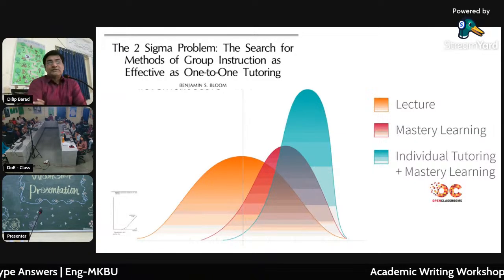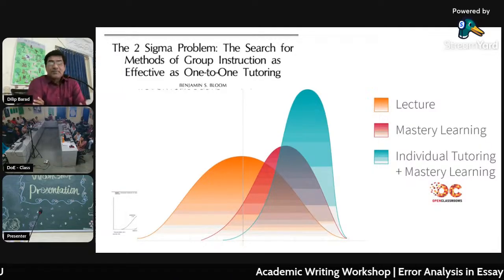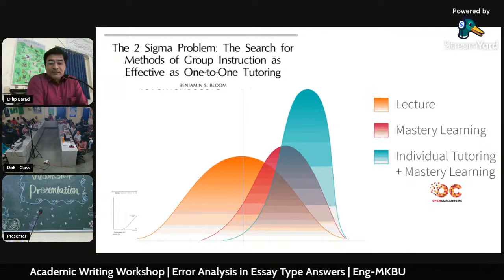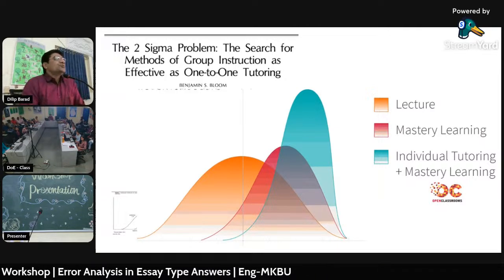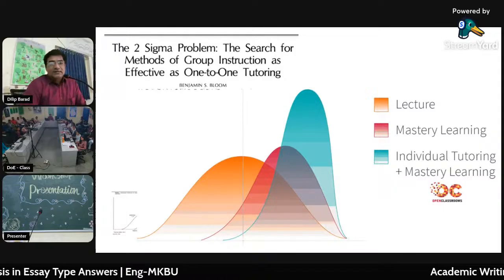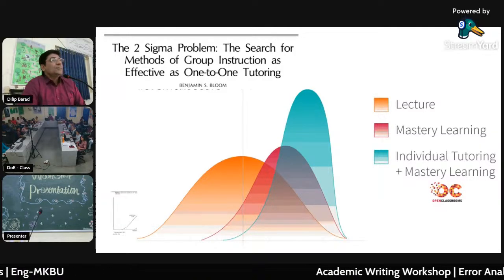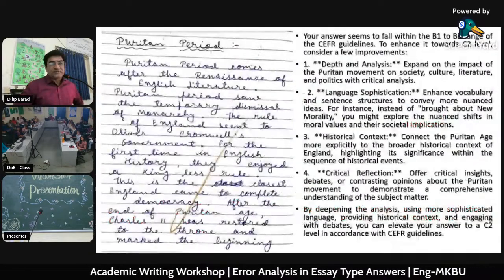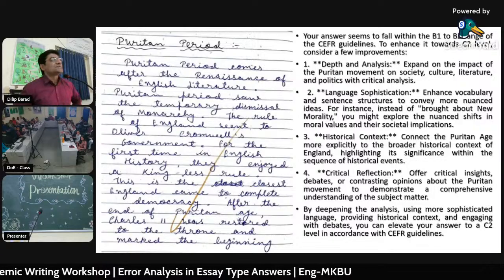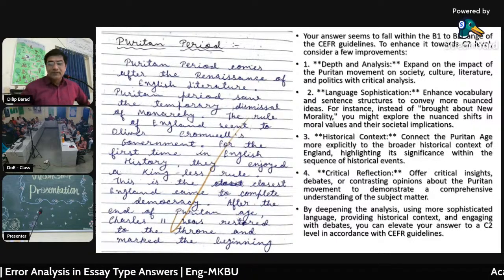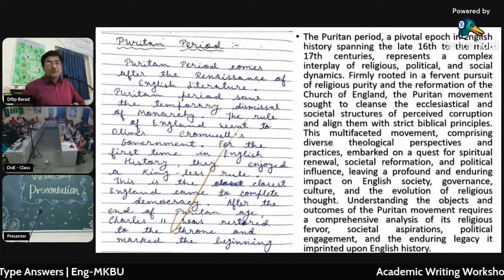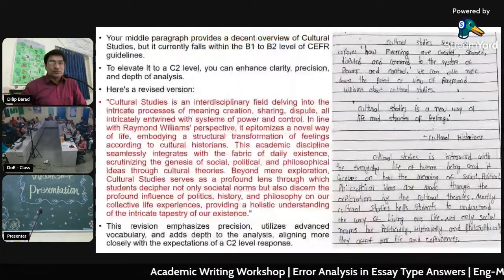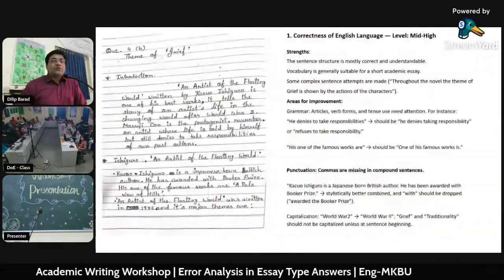But what we want to see is this third layer, green color, individual tutoring plus mastery learning, where in a lesser time more achievement can be done instead of lecturing and mastery learning pedagogical methods. So keeping this in mind, all these activities were designed. These are the works that previous years' students have done. And we have seen that we are getting a good analysis and good result of descriptive answers. So we continue with these workshop activities also. We keep on revising